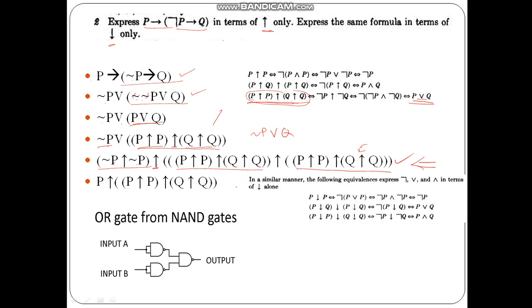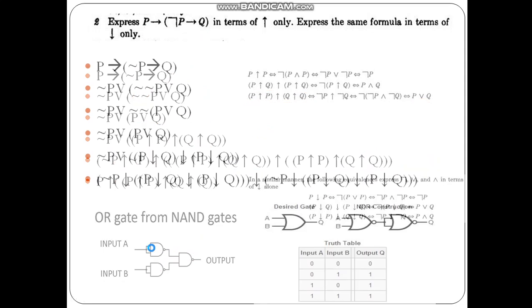So let us move ahead. Here is the representation of the OR gate. I wanted to represent OR by using the NAND gates, so this is the way. For the first, you take the NAND of the first equation, you take the NAND of the second equation, and whatever the output is, you put it into another NAND gate. Okay, so these are the three NAND gates required to represent the OR gate.